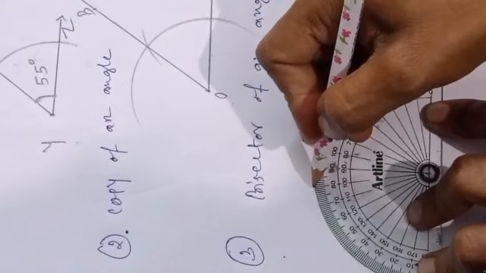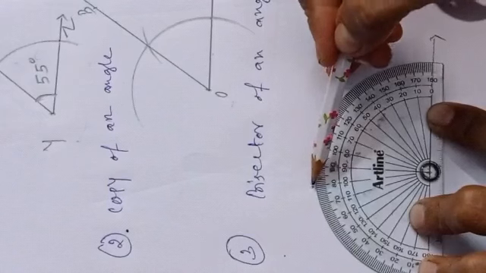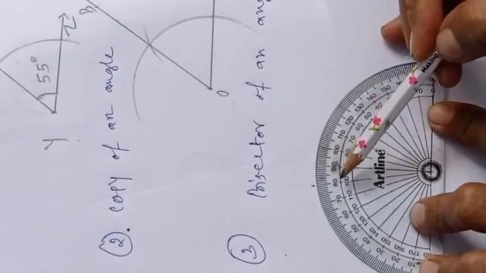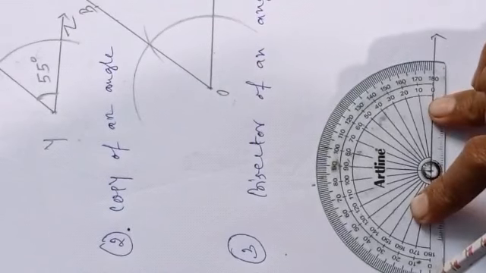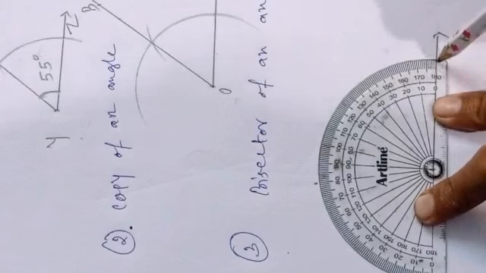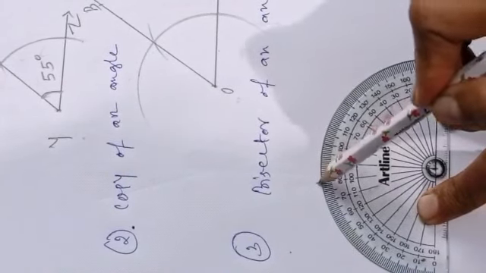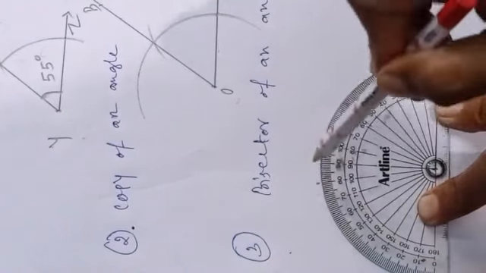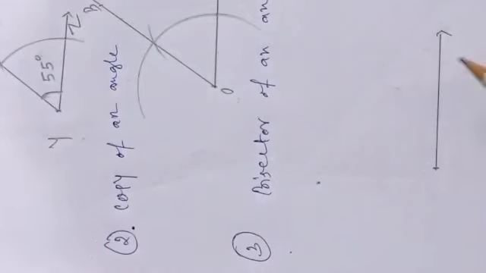Okay, I am taking here, let it be 100 degree. See, I am putting a dot over here. That means it will give the measure. It is not 80 degree. It would be 80 degree if your baseline were on that side, that's 0. So always count that angle from 0. So here this is the 0. So we have to start counting from 0 this way. If I want that angle should be 100 degrees, I have put the dot over here. So let's draw the angle.